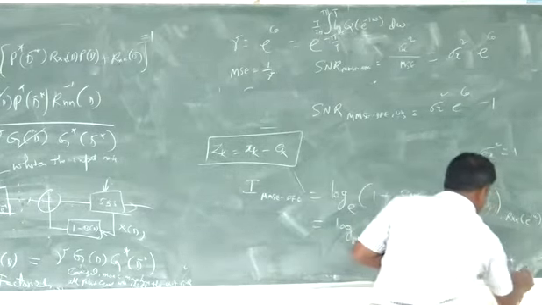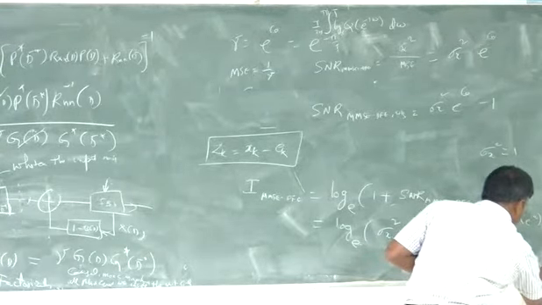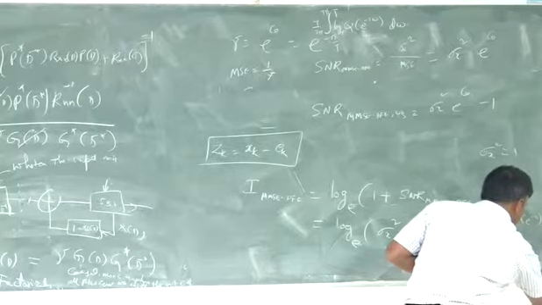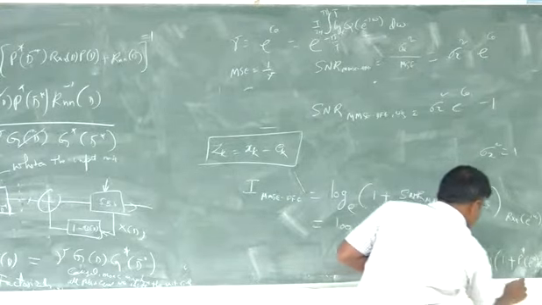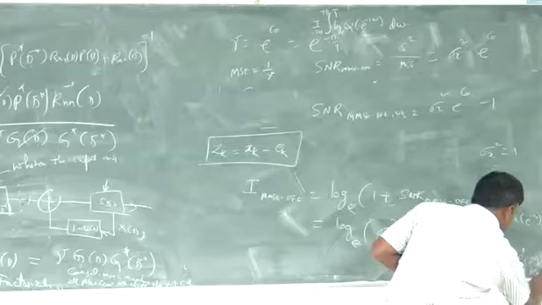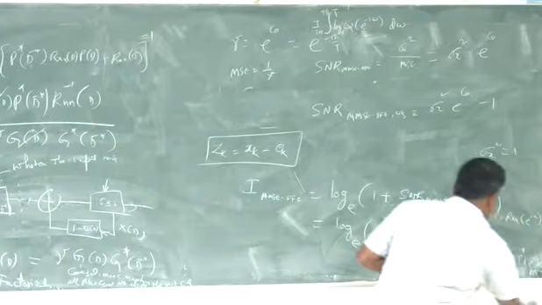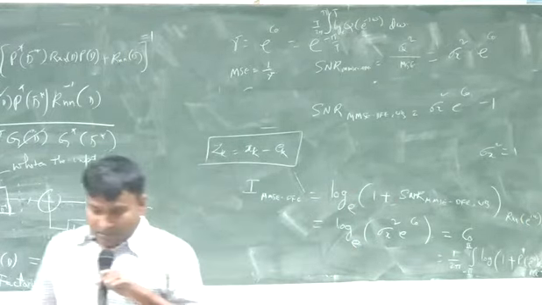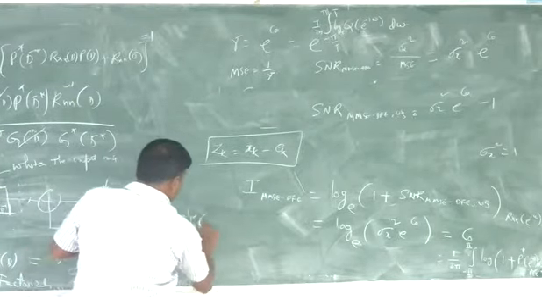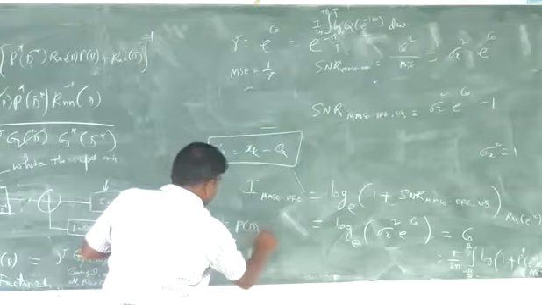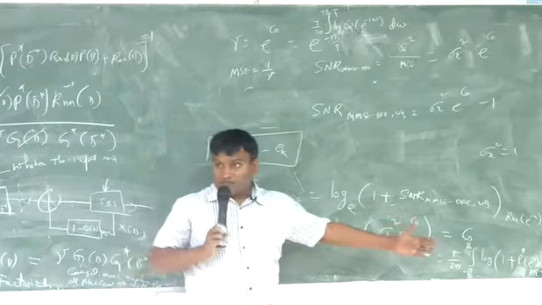That is equal to 1 plus P Hermitian e to the power of j omega Rnn inverse e to the power of minus j omega, well the T also we can drop it, into P of e to the power of plus j omega, whole thing multiplied by d omega. And that turns out to be the mutual information for the original input-output system model, that is y of D is equal to P of D x of D plus n of D, that is the open loop capacity of a frequency selective channel.